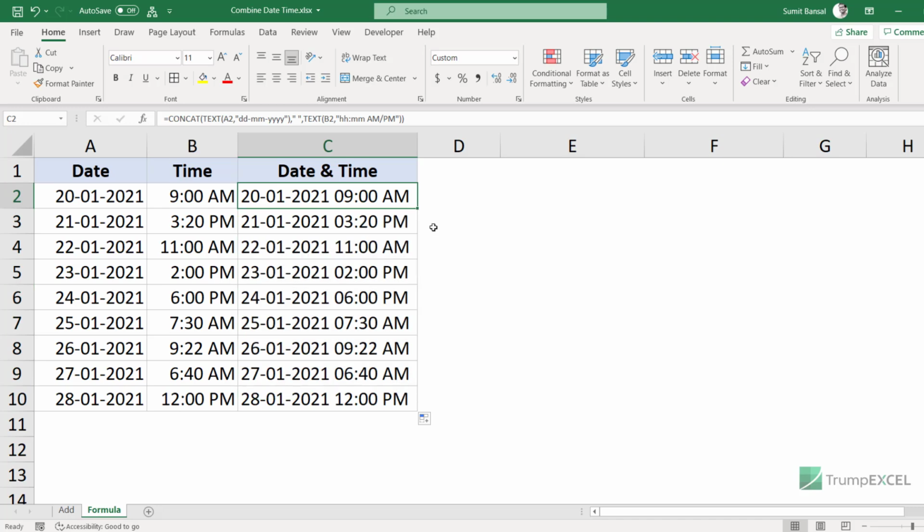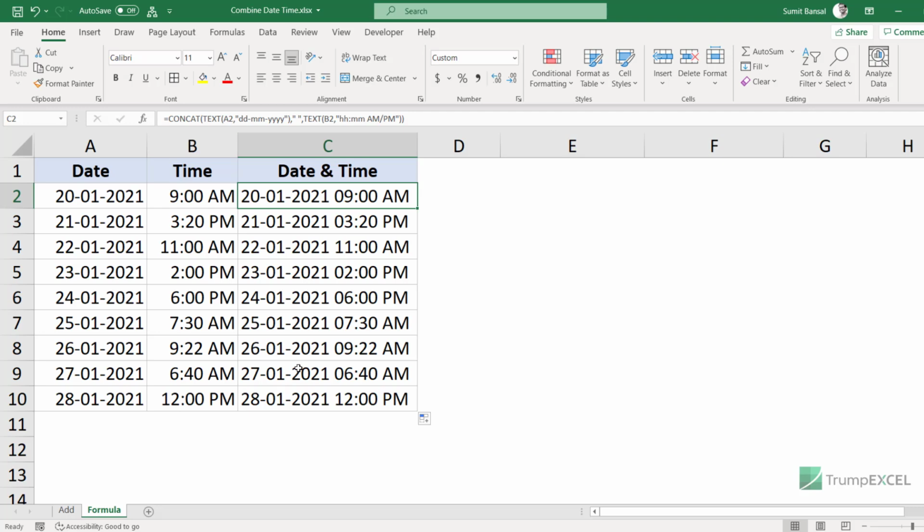Now one thing you need to know about this method is that the resulting output is a text string, which means that these are not numbers in the backend. So you will not be able to use this as numbers in calculations, but you would be able to use these as text values if you are using it in calculations. Now let me show you a couple more things, because you must be wondering what is the difference between this method and the previous method, because the previous method was a little bit easier.